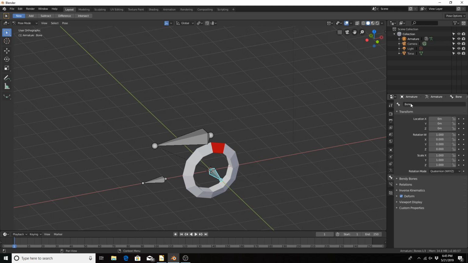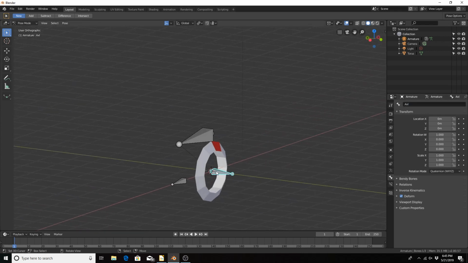I think this is our original bone. Bone 1 and bone 2. Let's call this one the root. I'm going to call this one, if I say driver, that's going to be kind of confusing because there are drivers in Blender. So let's say forward. And let's call this one axle. Probably could have done this in edit mode, but either way, we need to be in pose mode for the next